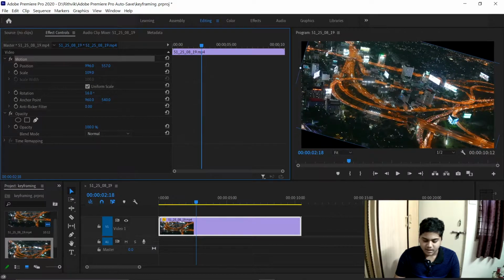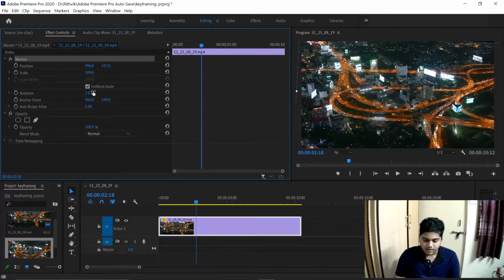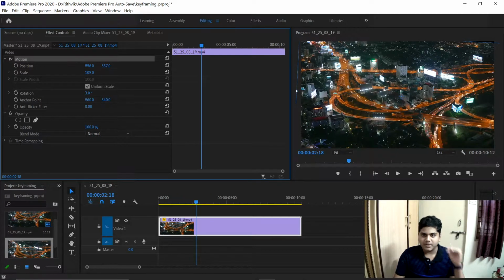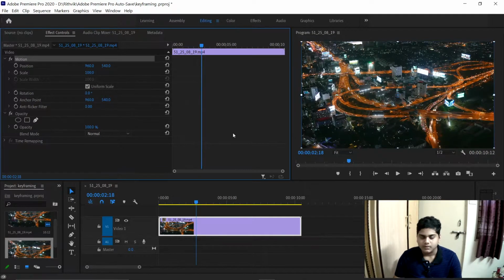And with opacity, if you decrease it, our opacity decreases, and if you increase it, our opacity increases. Opacity is nothing but the transparency of your video. So now you can understand what position, scale, rotation, and opacity are.